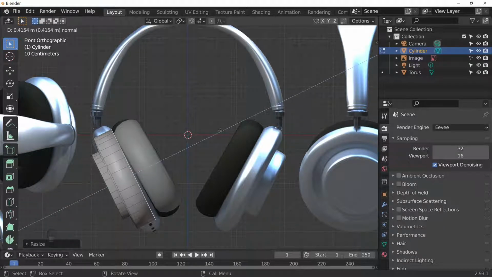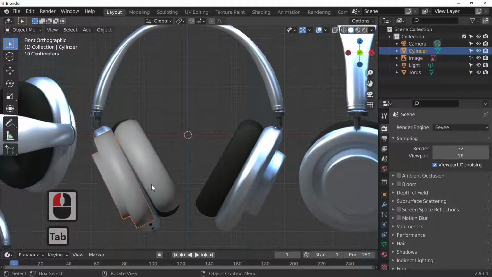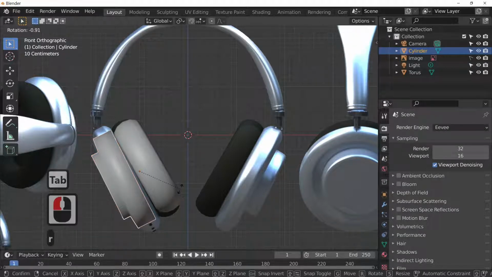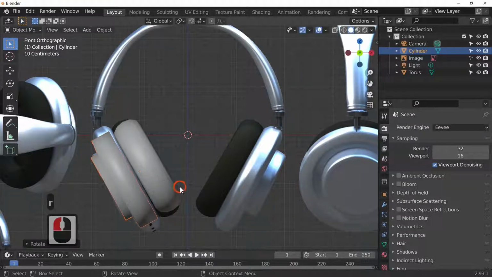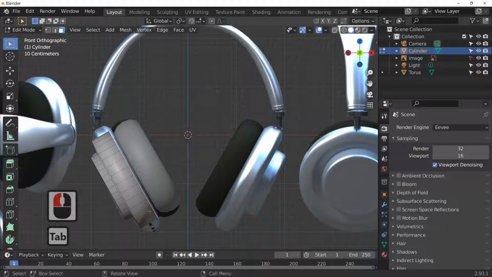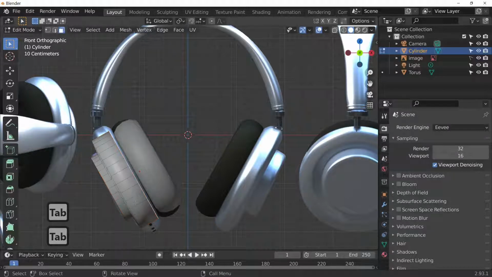Then I'm going to press the E key again just to extrude this to about there. As you can see, we've got a bit of a funny angle on there, so I'm just going to come out of edit mode, select that piece and rotate it like that. Going back into edit mode,